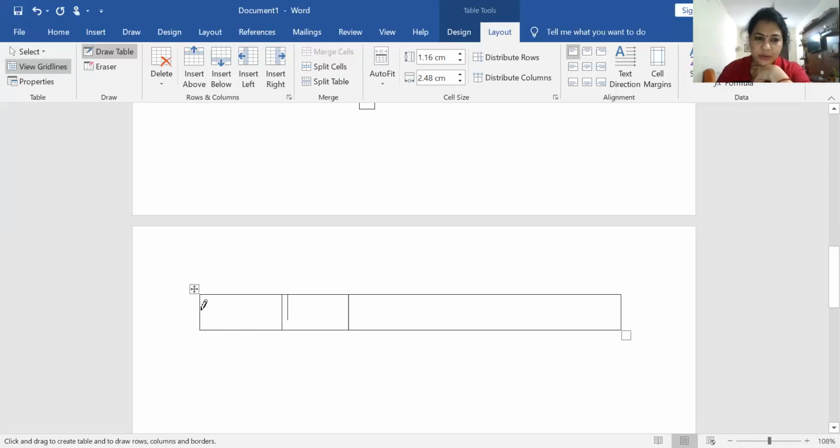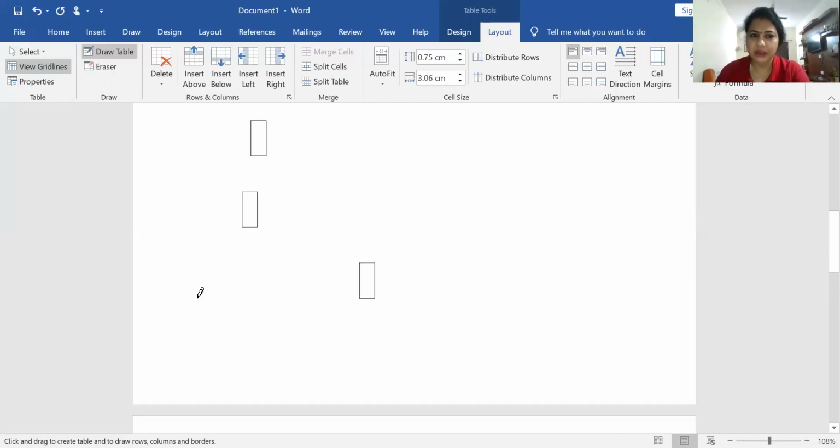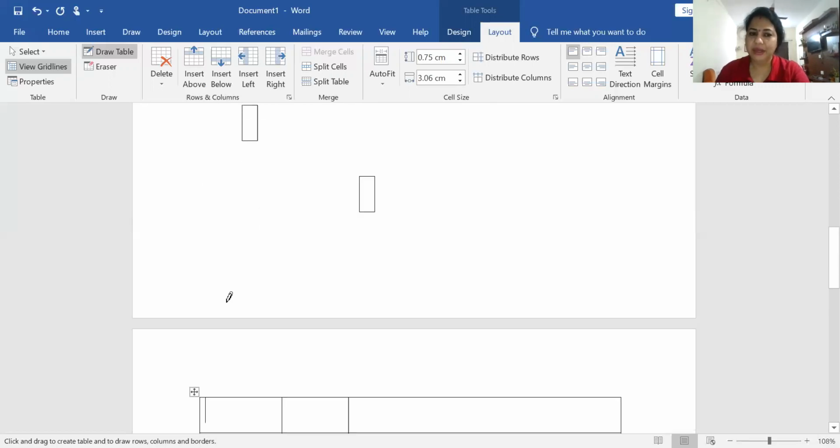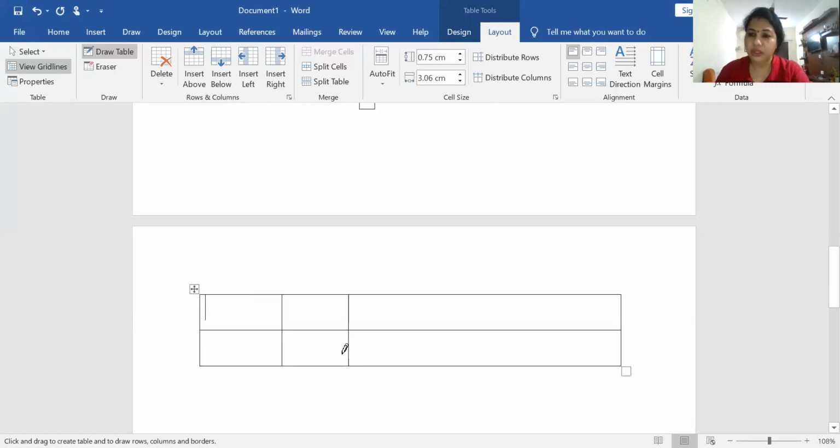So just like your row, if you want to draw, you choose the top or bottom, left or right of the table, and then you can get the rows and columns. If your pencil pointer goes a little bit outside of the table, then a different table has to be created. Just like the different table I have created, because you have to practice a lot to use the draw table. So when it is not necessary, you should not choose the draw table option.